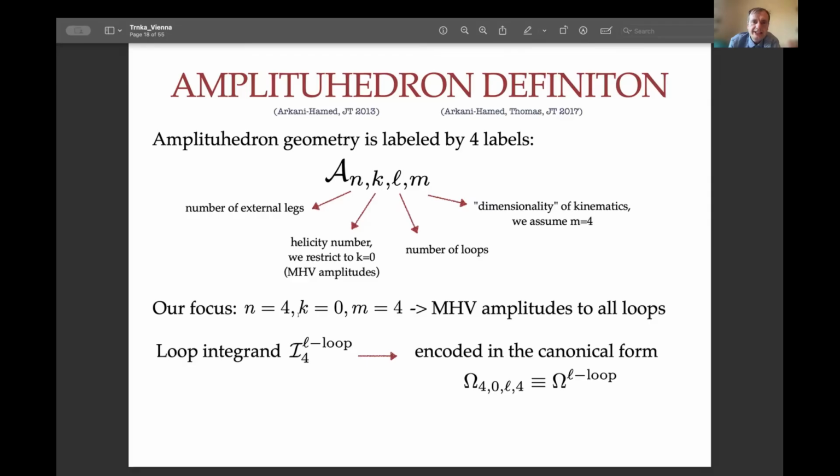And our focus in this parametric space will be for n equals 4 point, k equals 0, MHV. At 4 point, there is only MHV, so only k equals 0 is possible, and m equals 4. So we would call it MHV 4-point amplitudes to all loop orders, because we allow L to vary from 1 to infinity. And the loop integrand, the 4-point L loop integrand, is then encoded as a canonical form on this